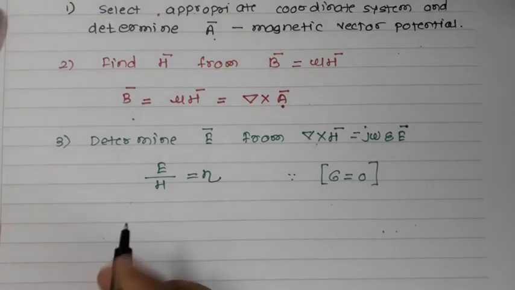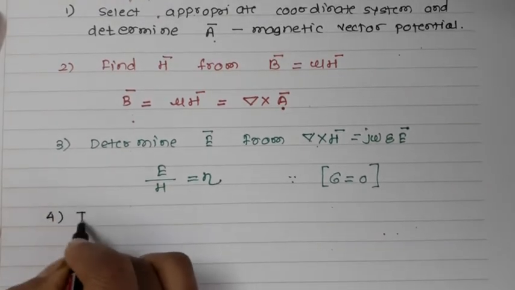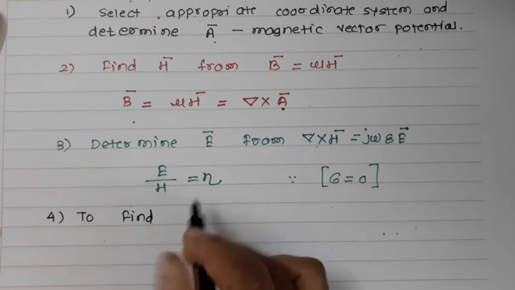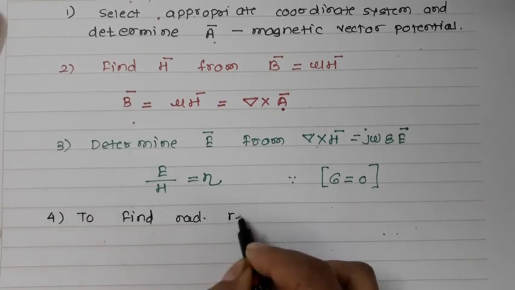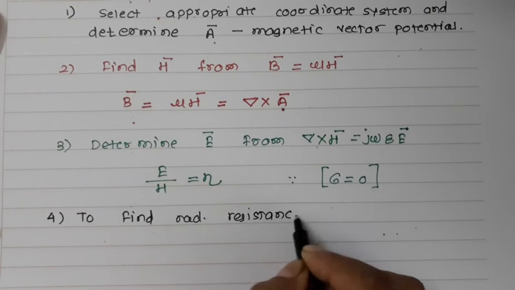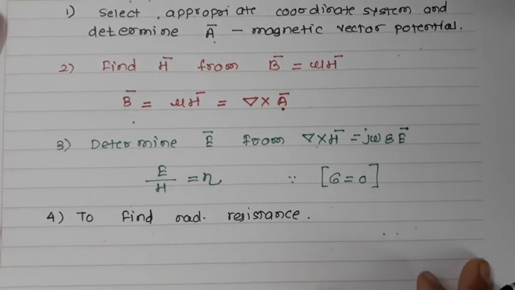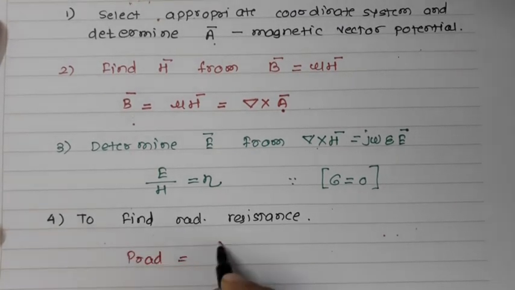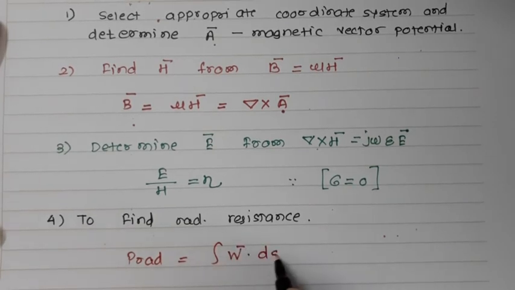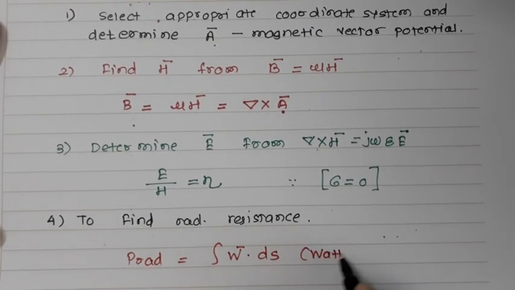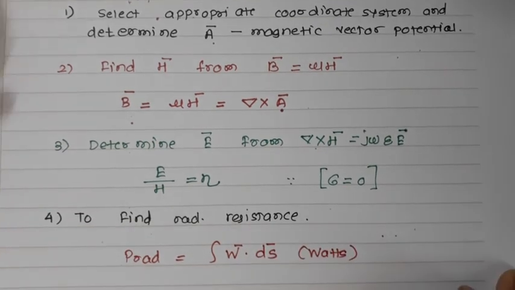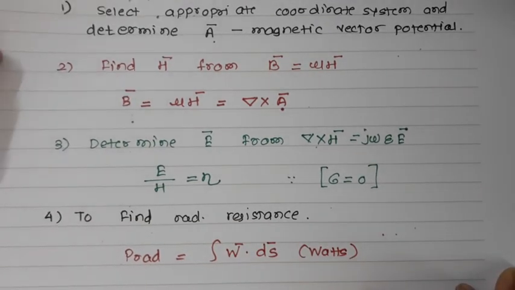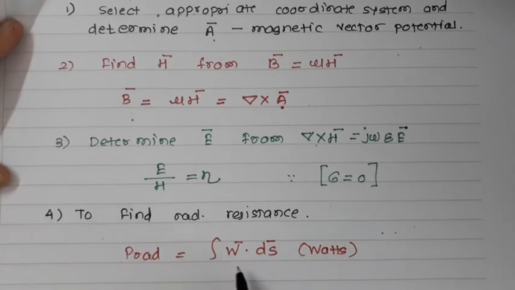So to find radiation resistance, initially we obtain the power radiated by using a complex Poynting vector, that is P radiated is equal to integration of density over the surface area. This is the radiated power, denoted in watts. So this power radiated is nothing but the power density integration, where